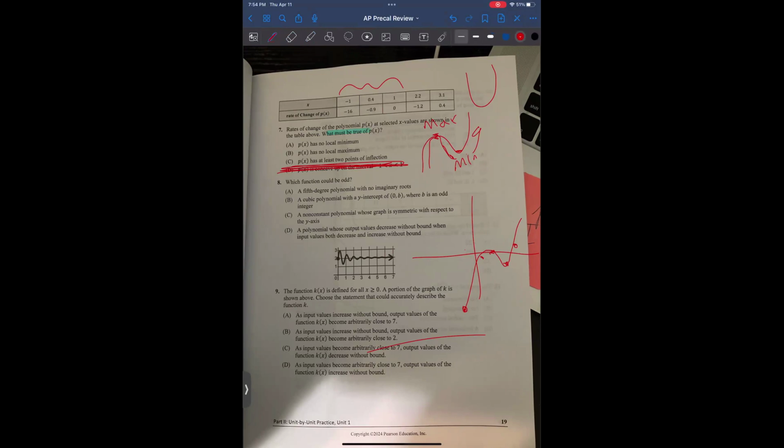So if I can't say it must be true, I can't go with it. Now, it has no local minimum or maximum. Well, looking at my graph, I can tell that I'm going from